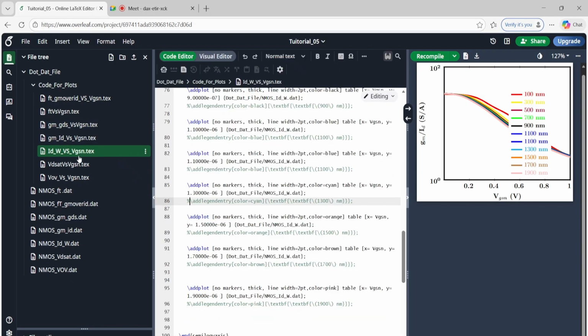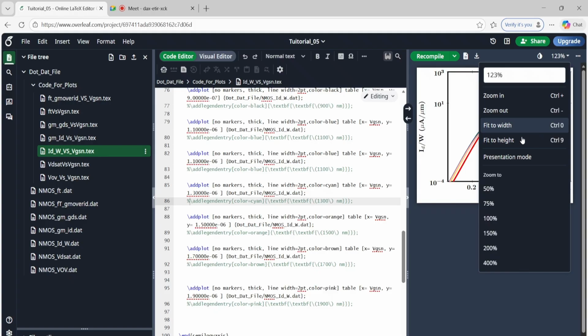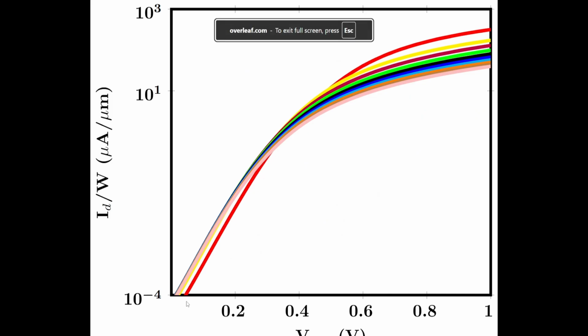And after that, we have ID versus W, and ID by W versus GM over ID. So you see here how nice the curve is, how beautiful the curve seems. But in Cadence, you cannot actually plot this type of fresh, clear, and good looking curve. So that's why we are using the alternative method to plot our